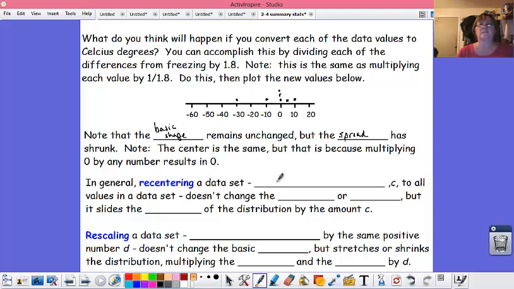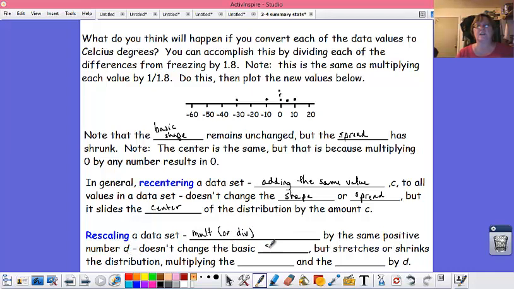In general, folks, recentering a data set, and that means adding the same value to all elements, or subtracting it from all the elements, doesn't change the shape or the spread, but it does slide the center based on the amount C that you either added or subtracted. Rescaling, that's multiplying or dividing by the same positive number D,